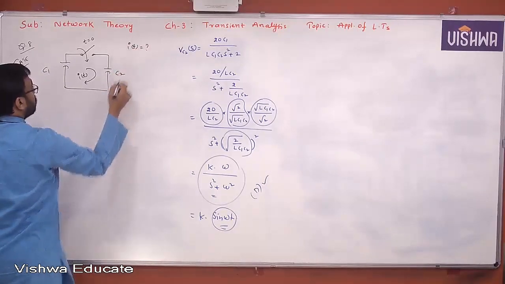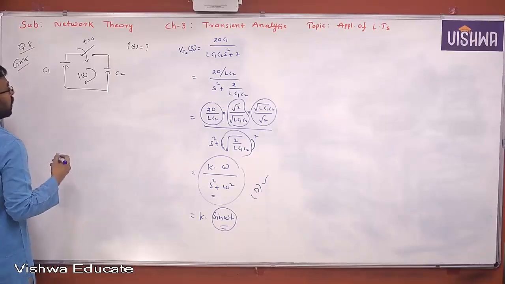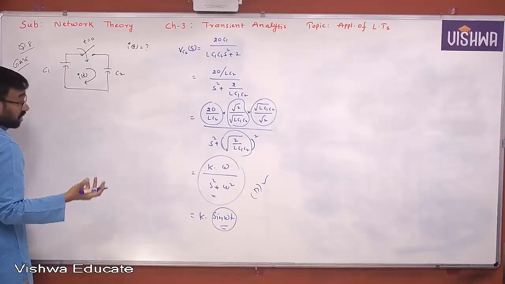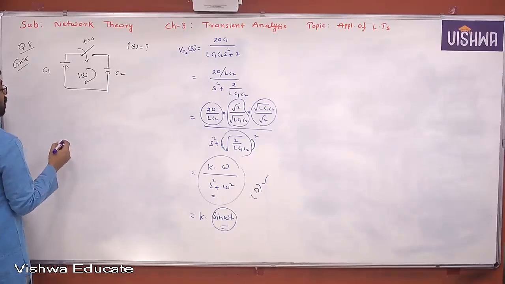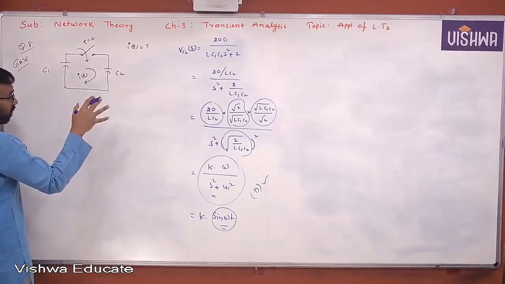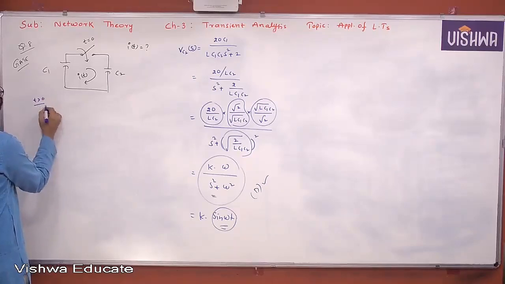So how do you find it? There are 2 capacitors, and there is no resistor to find the time constant. Therefore, you have to go for the S domain equivalent. The first formula doesn't work here. Therefore, for t greater than 0, you know that